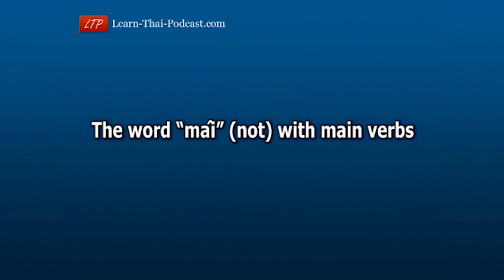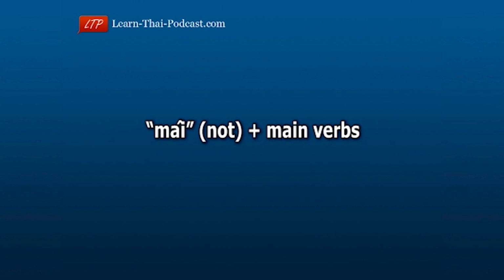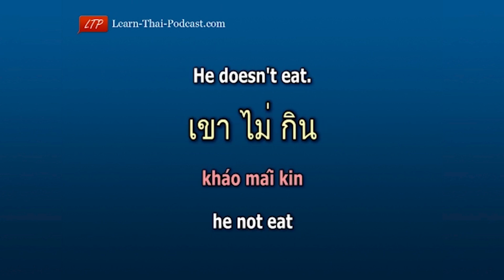Okay, let's have a look at ไม่ with main verbs. The structure is straightforward and is ไม่ plus the main verb. For example, he doesn't eat. เขาไม่กิน He เขา not ไม่ eat กิน. He not eat. เขาไม่กิน